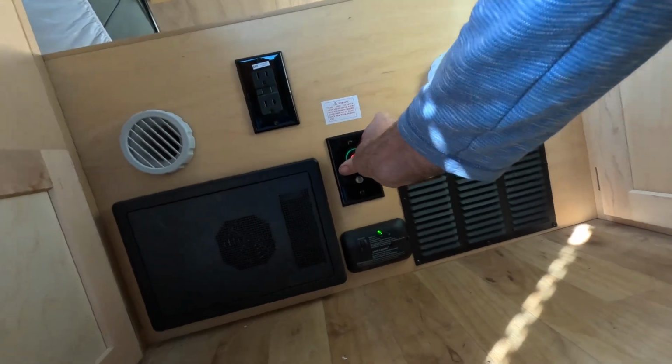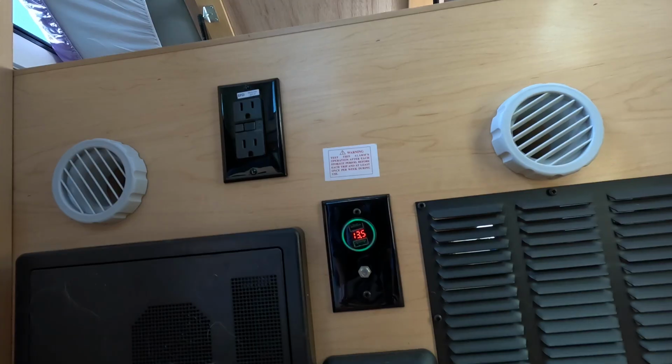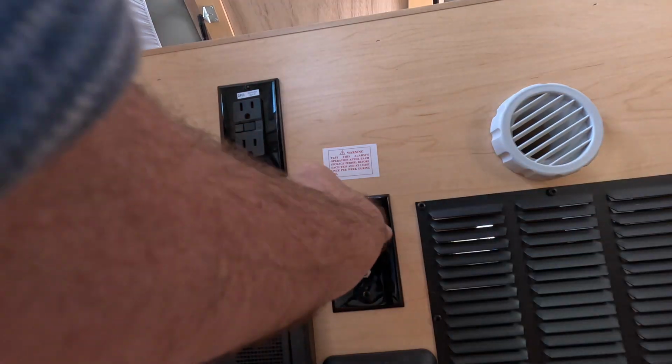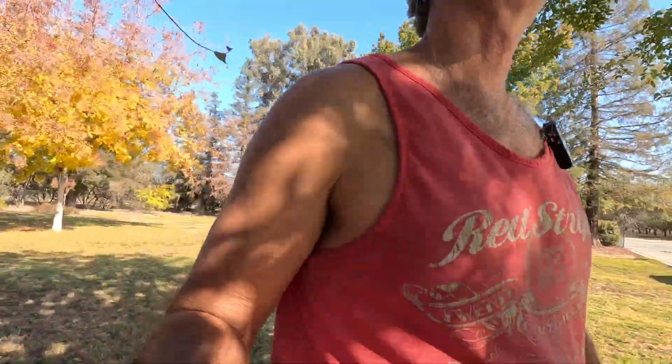So let's test this. It says we're running at 13.5. We're pulling extra power. So I'm gonna have to test the battery again just to see what the reading is on that. So I am actually gonna unplug the electrical. I need to test everything with the 12 volt, with the battery. So let's go ahead and get started with that. I got the battery right there in front of the...